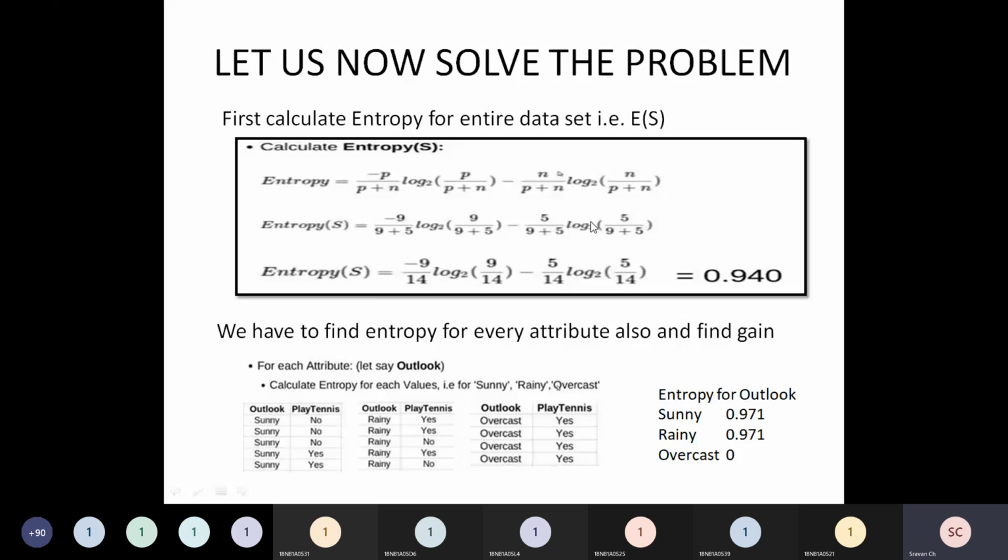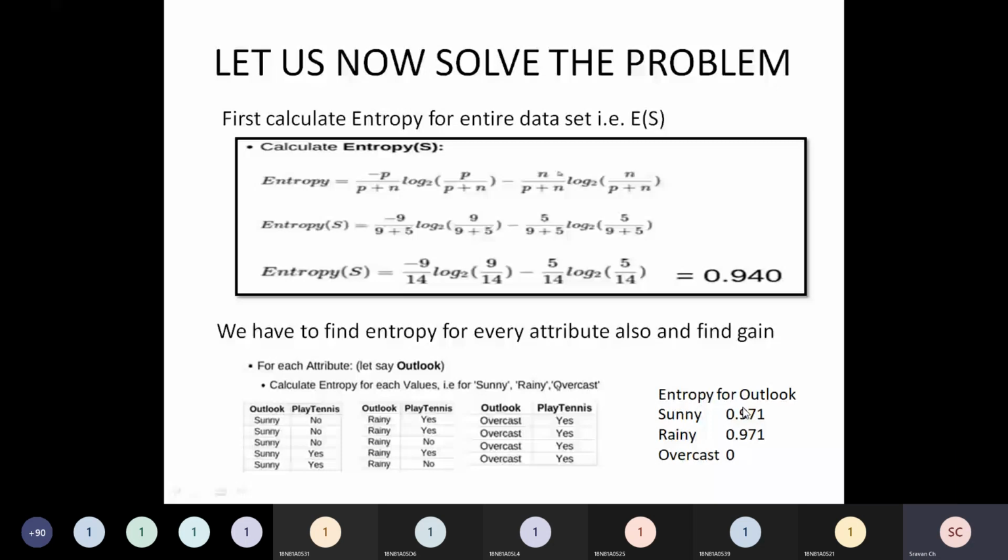So if you apply this formula, which you are seeing right now on the screen, instead of 9 and 5, you are going to substitute the values based on this particular small table. Total records are 5, positive are 3, negative are 2. P value is 2, N value is 3. Total is 5. Now the same entropy formula if I apply on my first subset, the value which I got is 0.971, right?